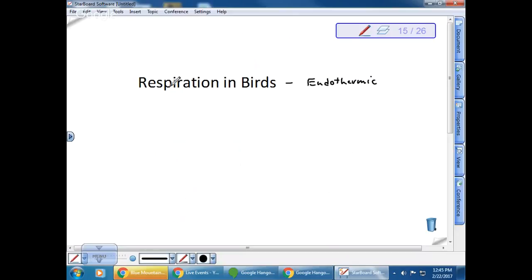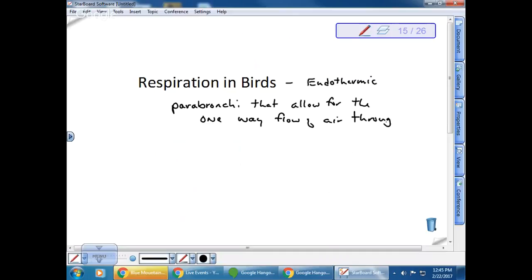But they have a lung with parabronchi that allow for the one-way flow of air through the lung. Okay, so this is an adaptation that maintains